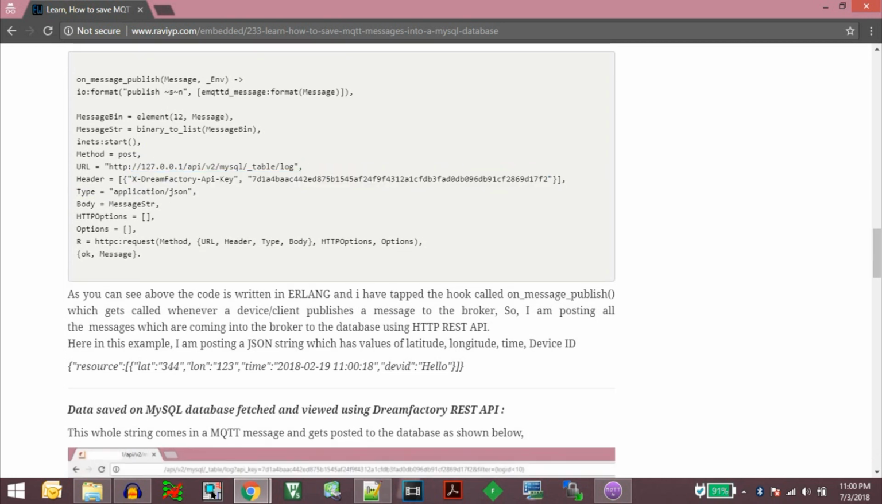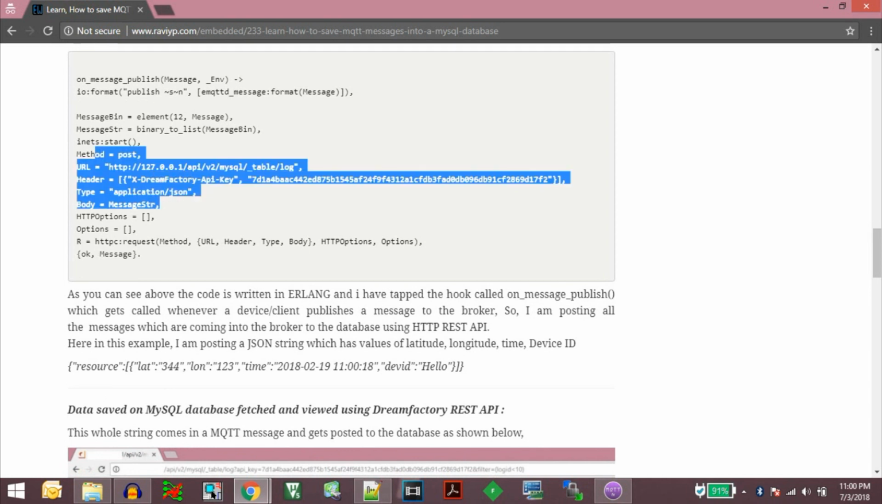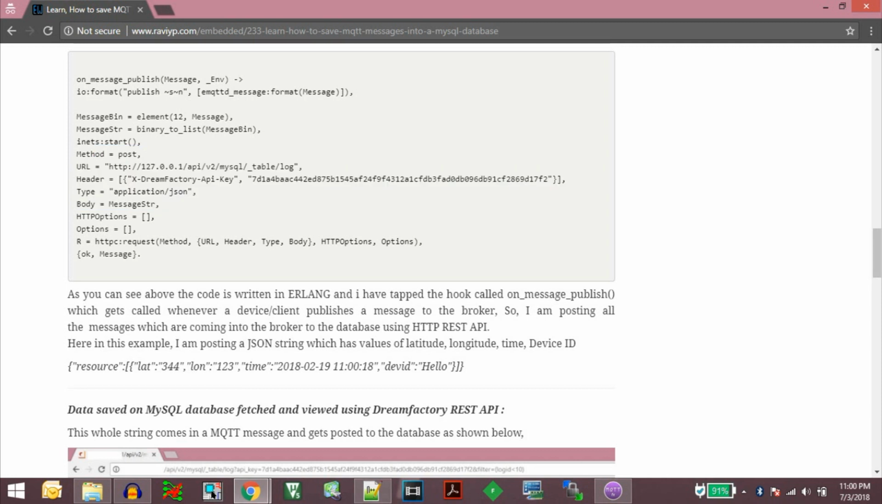So what I did is whenever the message is coming into the broker, I'm making a HTTP post to a REST API endpoint which will log the message to a database. So this is the REST API endpoint. This Dreamfactory software, what it does is it will give you REST API access to all your database tables. So here I am able to directly access the log table, and this is the authentication key I am using,